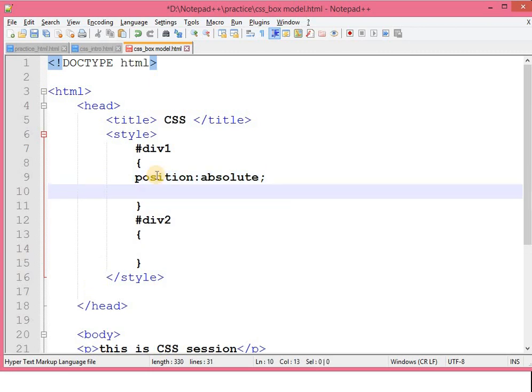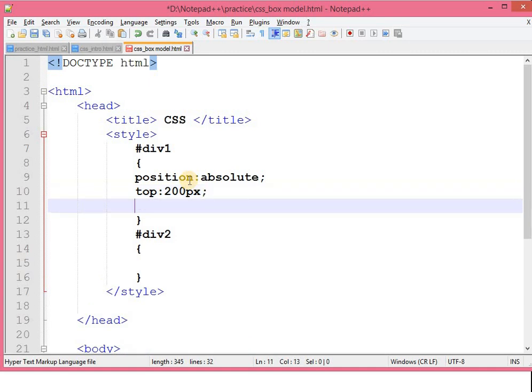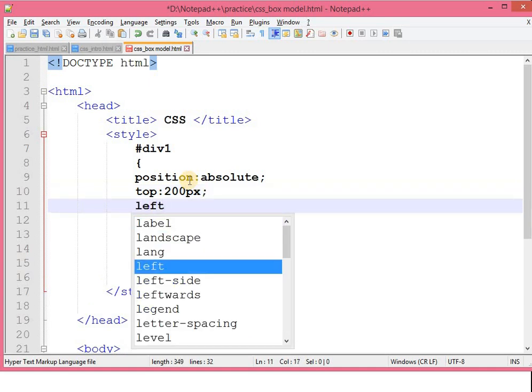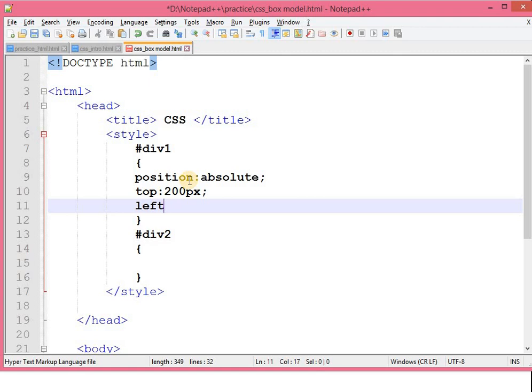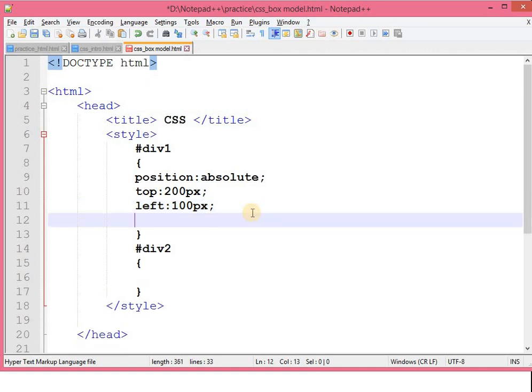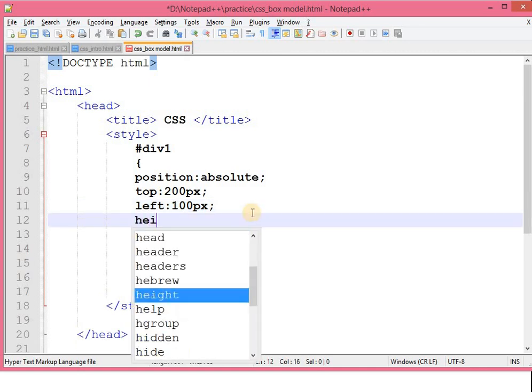I want to set its position from top as 200 pixels, and from left let me set it 100 pixels. So with these three properties I have set the properties of my div1 tag. Now I want to set height and width.